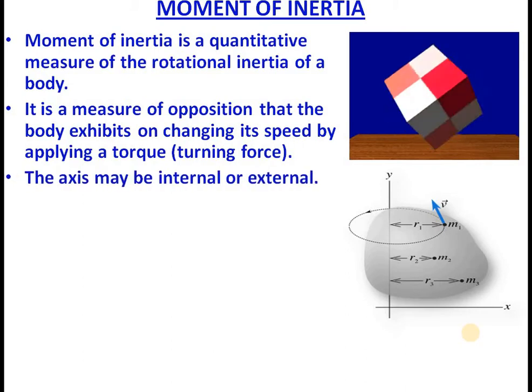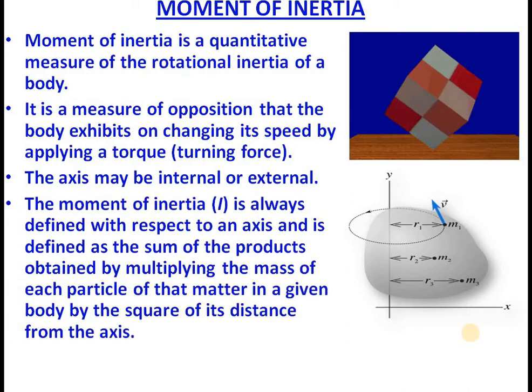And here one more thing is very important. What is the axis of rotation? The body can rotate with respect to different axes. Okay, and depending on the axis, its corresponding moment of inertia may be different. So it varies from axis to axis. That is very important. That means the opposition or tendency for opposition varies from axis to axis. So with respect to a certain axis, rotation might be very easy, whereas with respect to some other axis, rotation may be more difficult, or you can say the extent of rotation may be higher.